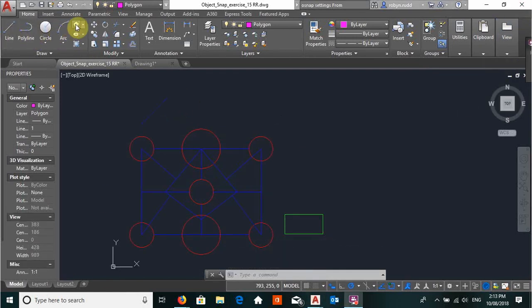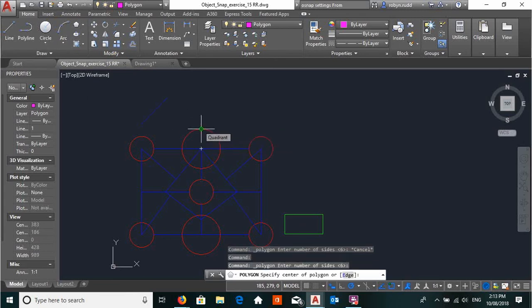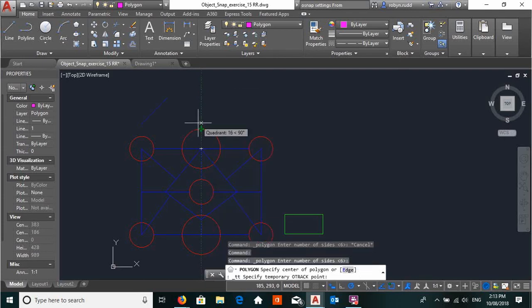Choose your polygon, six sides, enter, find your quadrant point, and just hover over it and pull it upwards, and then you can say shift right click temporary point,